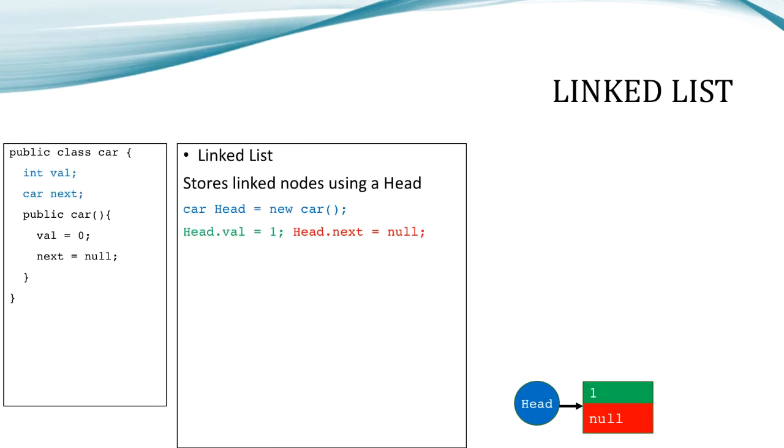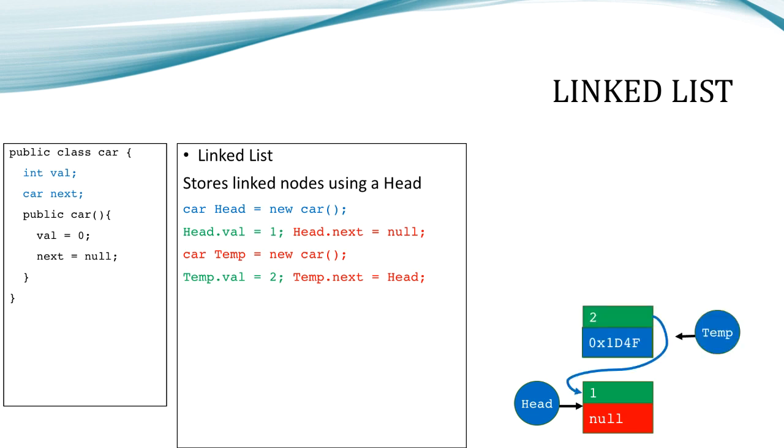Okay, let's create another object and see if we can link them together. So here I'm going to say car temp equals new car, temp.val equals 2, temp.next equals head. So we simply use a temp reference to point to a memory location storing 2, and instead of temp.next equals null, here we have put temp.next equals head. So this is pointing temp.next to the head of the previous object,